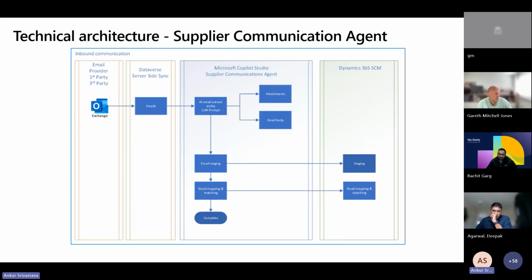The first flow in the inbound communication agent has the purpose of reading incoming emails. To achieve this, we have leveraged the Dataverse server-side synchronization. It's a proven capability available for several years. It allows email to be synchronized from Microsoft or third-party email providers into Dataverse. Once it is synchronized, the agent leverages a Power Automate flow and a Copilot agent.